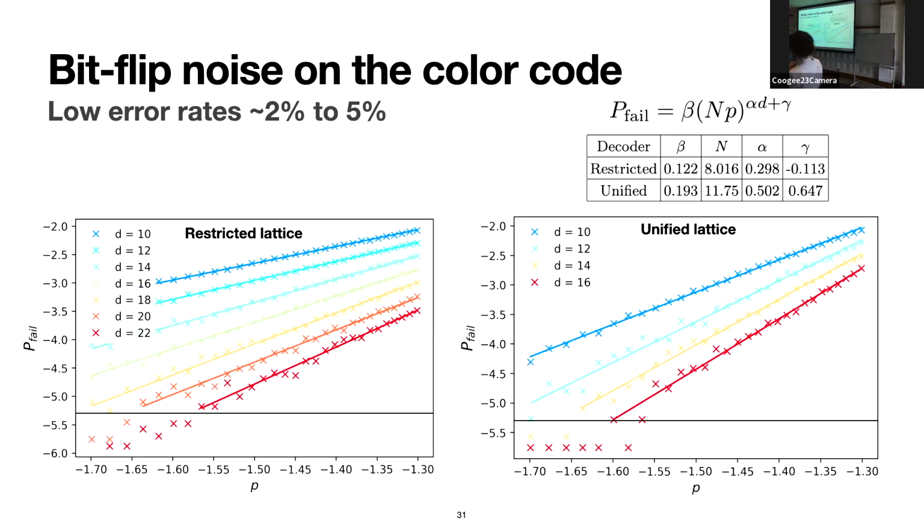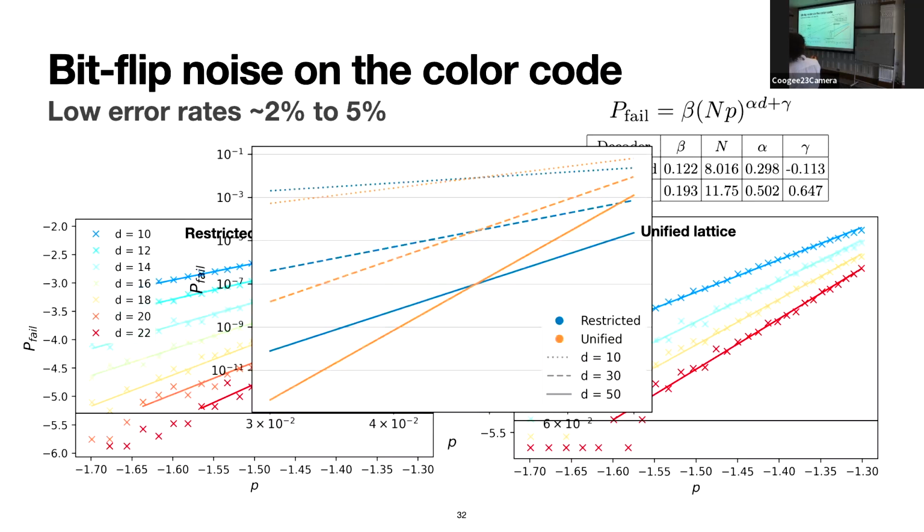Most of my data is running on the cluster. I haven't been working on this for a long time. But yeah, just a few results at low error rates, so between 2% and 5%. This is, for quite small distances, how the restricted and unified decoders perform for bit flip noise on